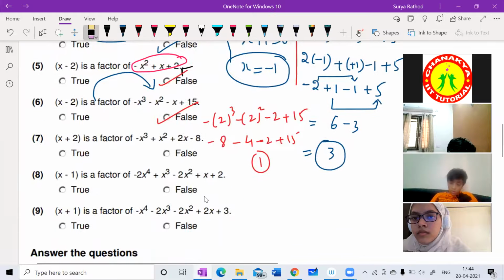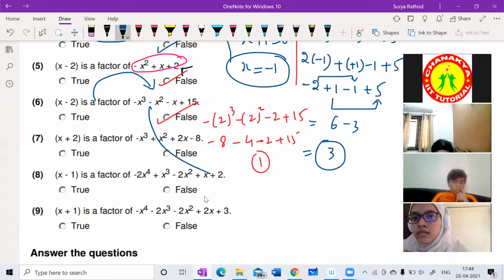Next, I hope the minus will be outside only, or else you do one thing. Shall we try something different? Let us try, one second. Let us take minus common: x cube plus x square plus x minus 15. Shall we do it like this? That would be better, right?